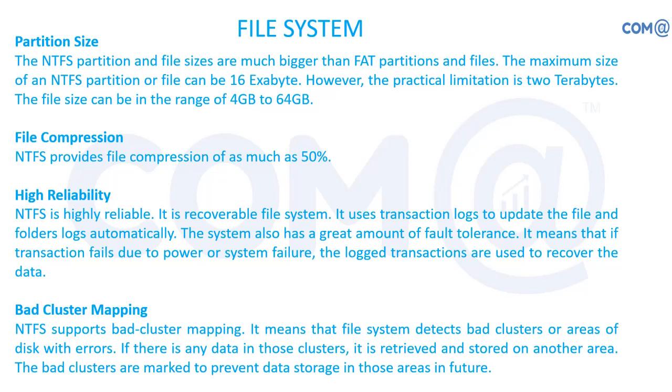Take movie files, right, one file comes with 2 GB or 3 GB. Likewise, if it is a lengthy one, it can go up to more size, 6 GB, 8 GB also. But getting a file of 64 GB is not practically possible, but it still supports that much file size. File compression, it is giving good, higher compression, 50%. It has high reliability, and it also provides bad cluster mapping, so that the data will not be stored